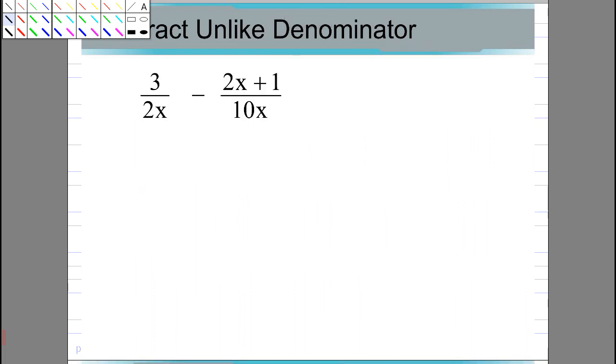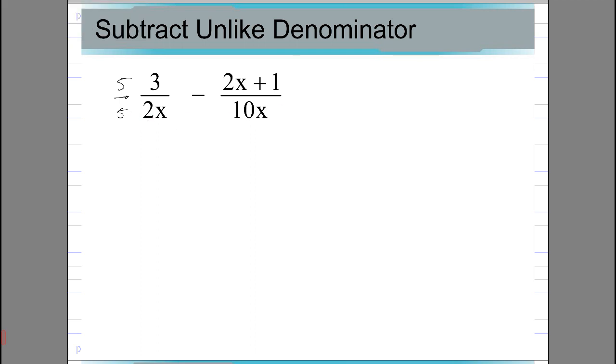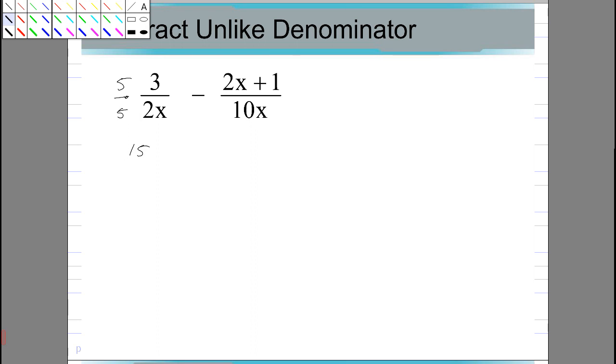Alright, so we've got a 2x and a 10x as our denominators. We want them to be the same. They both already have x's. Really, they both already have a 2, because 2 times 5. If I had a 5 over here, that would make it the same. So then 5 times 2 would give us the 10x we have there. So that will be 15 over 10x minus 2x plus 1 over 10x. They have the same denominators. Go ahead and add, or subtract in this case,